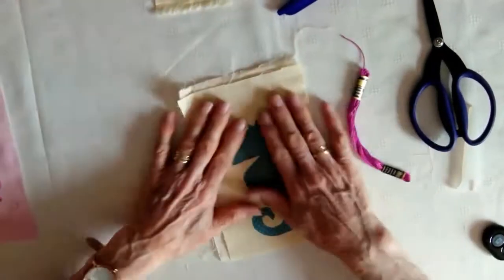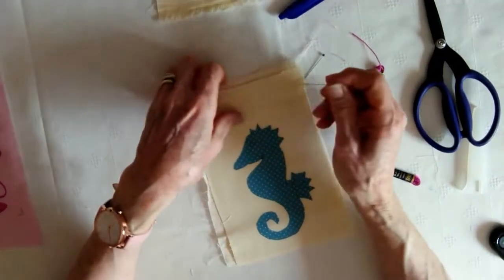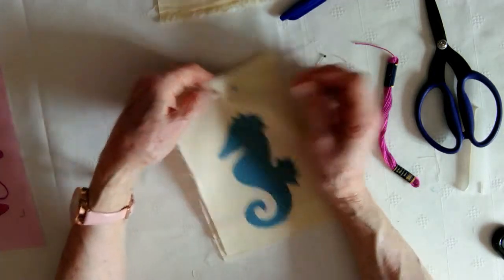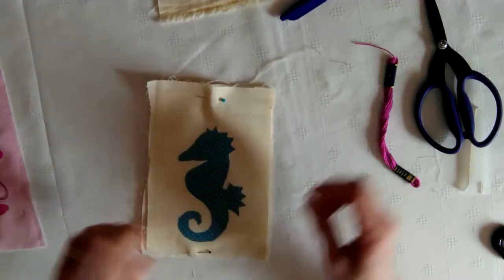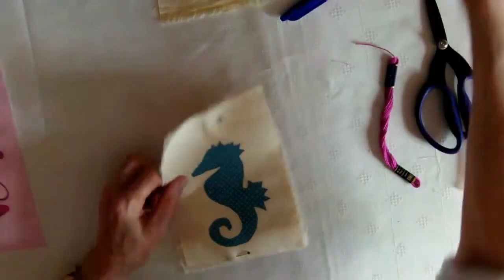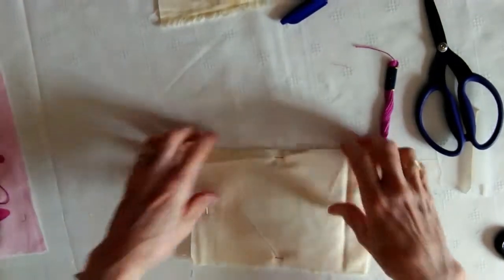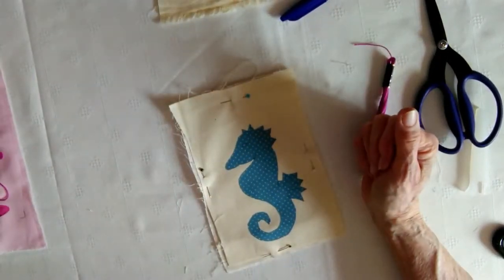Now for this one, I'm going to machine stitch this one. Notice I haven't got marks to show me where the edges are at the moment. But I shall make sure I have those on when I'm putting the palette violin on the back. So I've got him pinned to a backing piece,